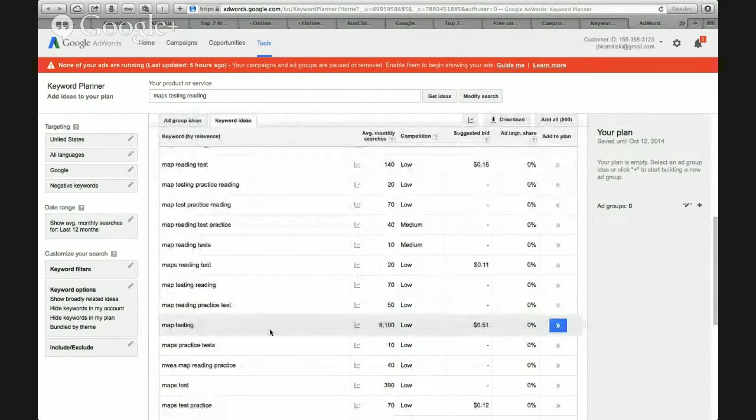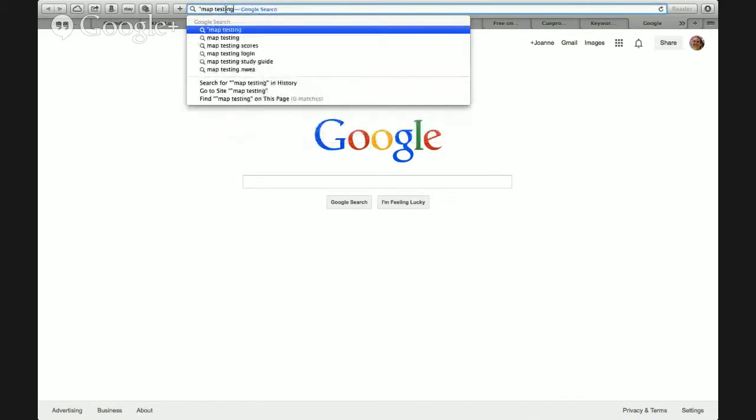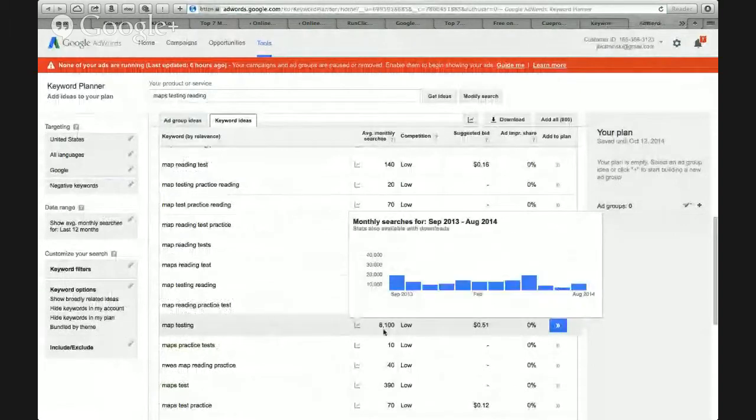Another thing you can look at, look, map testing is 8,100. Now, you also have to think about what is a relevant keyword. If we're doing map testing, it might actually go into maps and people getting tested on maps. So you just want to be careful that it is relevant to what your search is. If you do map testing, you can do a search for it right in here. All you have to do is put in quotations map testing, see what comes up. And here it does. They have a parent toolkit, they have map test warm up. So when we do map testing, the kinds of things that we are talking about actually are coming up. So that's perfect. So we would want to go with map testing because it's got 8,100 people